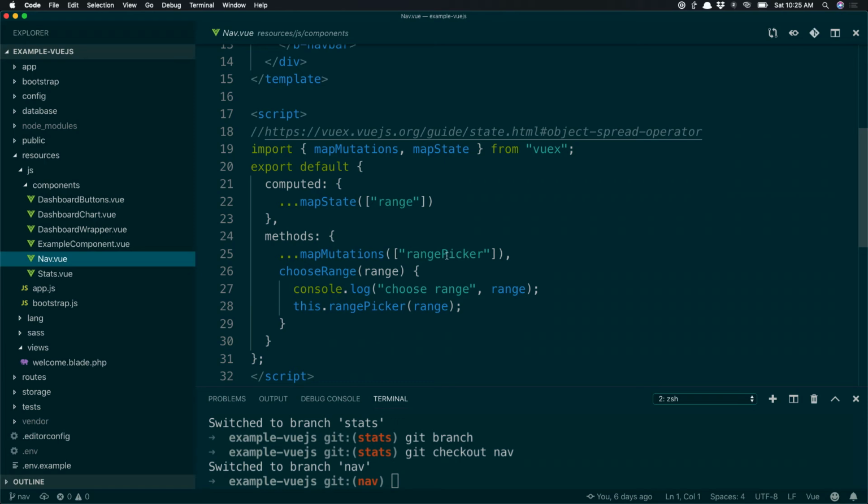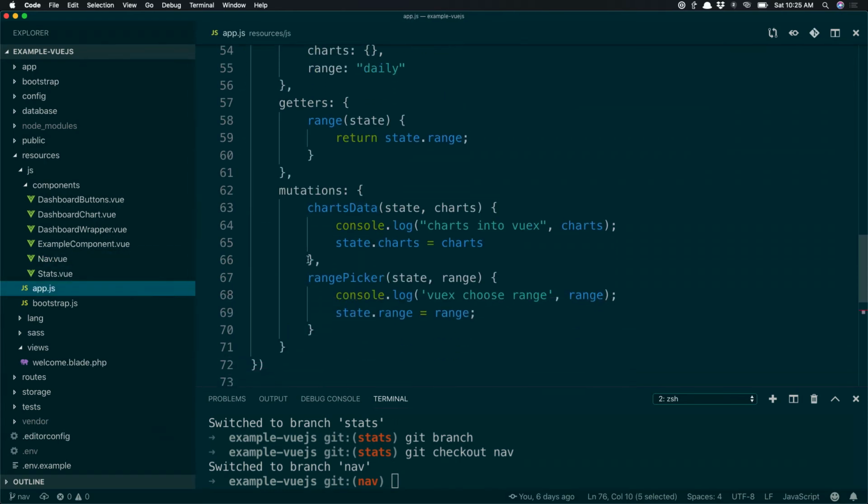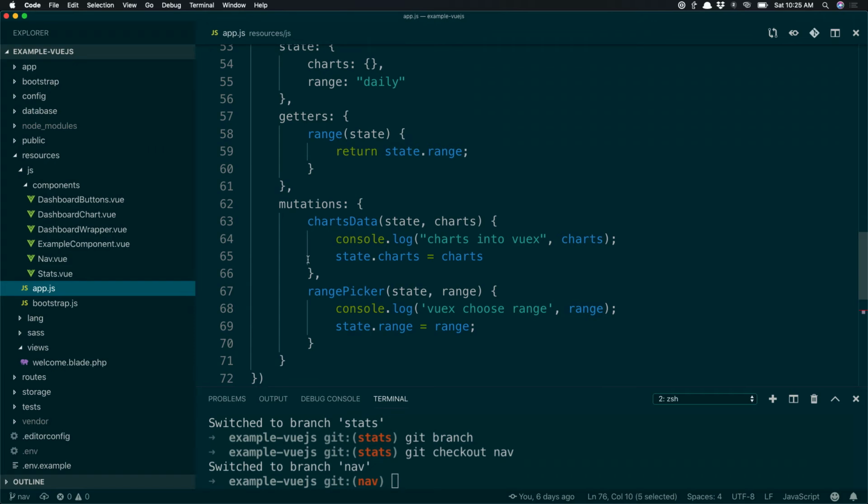And they're going to do that because I also imported a method called rangePicker. RangePicker is a mutation that I made. That mutation will take the range that someone gave it and alter the state of itself. So I pass in range and I pass in state, which is up there,